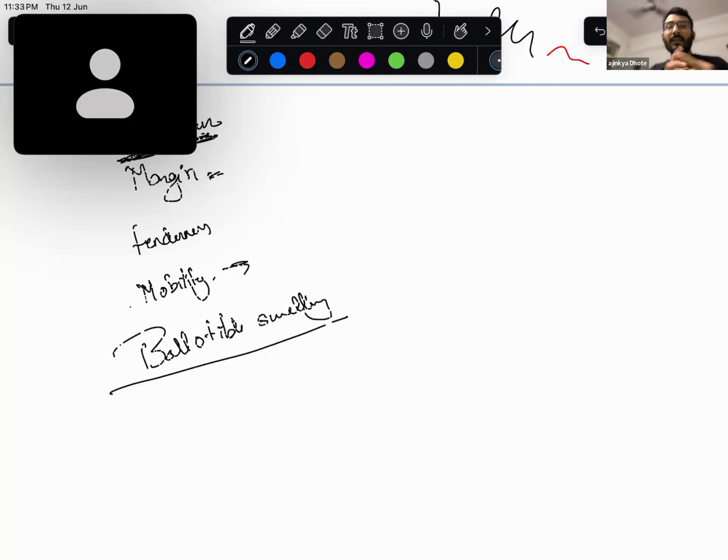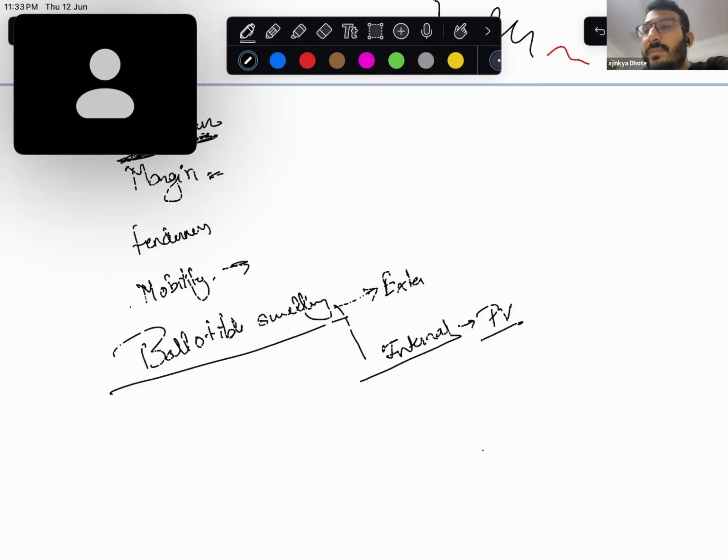Now, which are your pedicle swellings? One is your suprarenal swelling, your renal swellings, or your ovarian swellings. All of them have a pedicle. At the same time, there's something known as external and internal palpability. External is what I've just demonstrated: one hand is in the flank region and the second hand is over the lump. Internal is seen in a PV examination. So when you do a per vaginal examination,